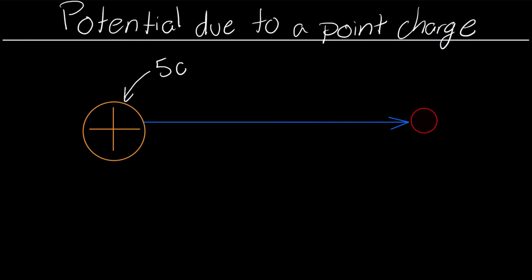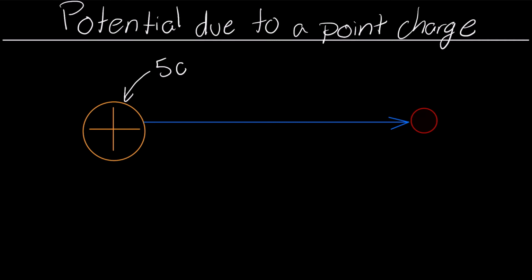Let's say that we have a charge right here that's 5 coulombs and it's a positive charge. But the thing is, this is in a fixed point. It cannot move at all and it is completely stationary. Now, 5 coulombs, as I've mentioned before, is a massive charge, but it really helps simplify the math a little bit just for these types of videos. You're probably going to be dealing with microcoulombs or something of the sort, but for now, let's just stick with